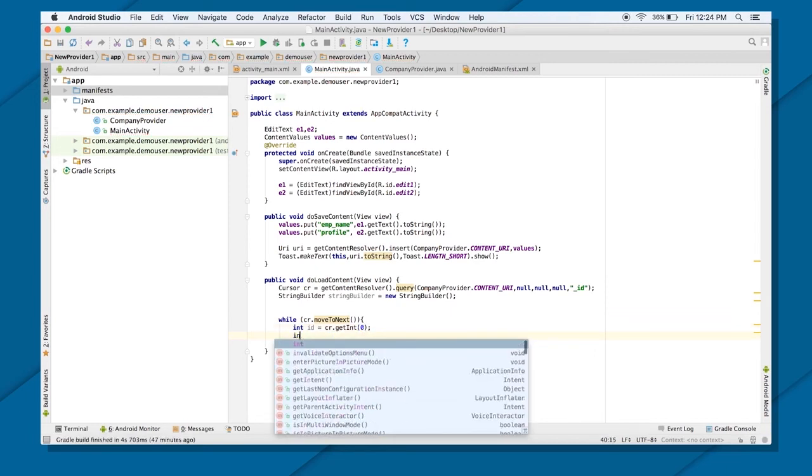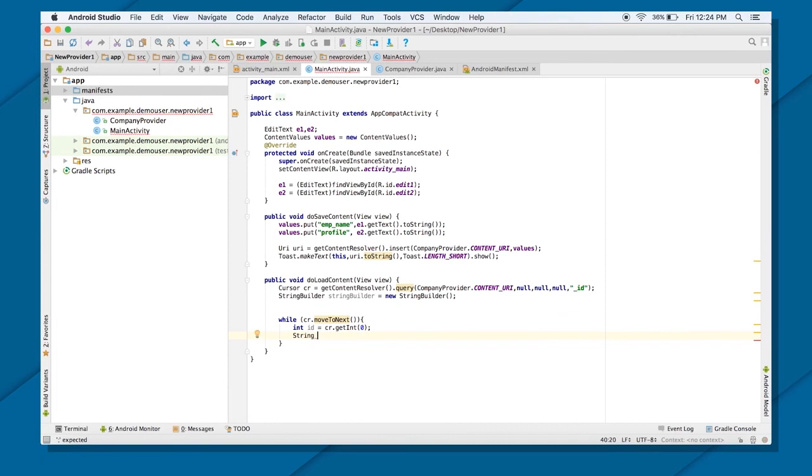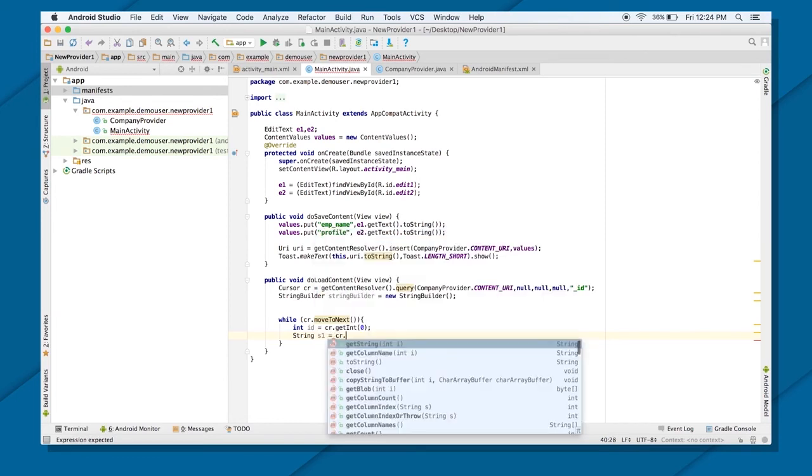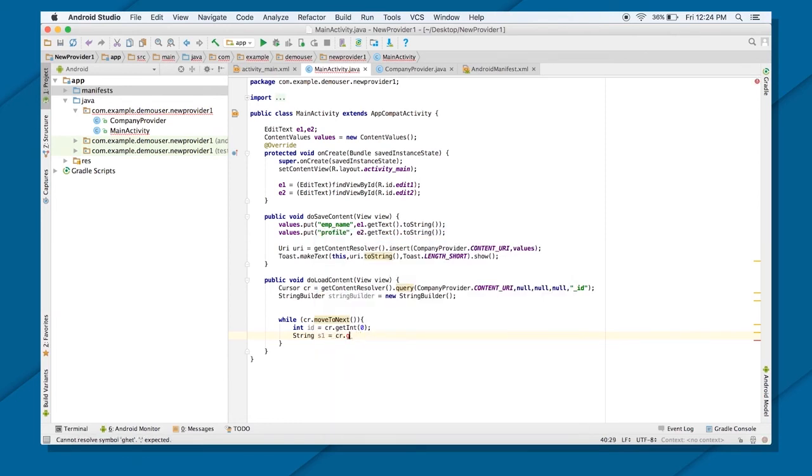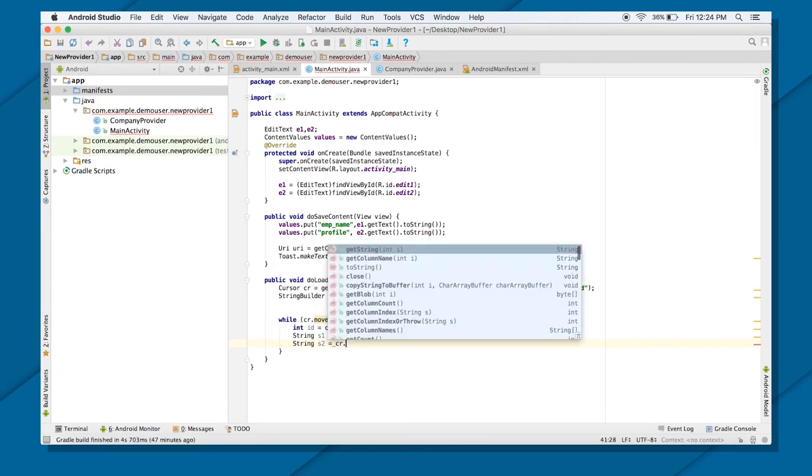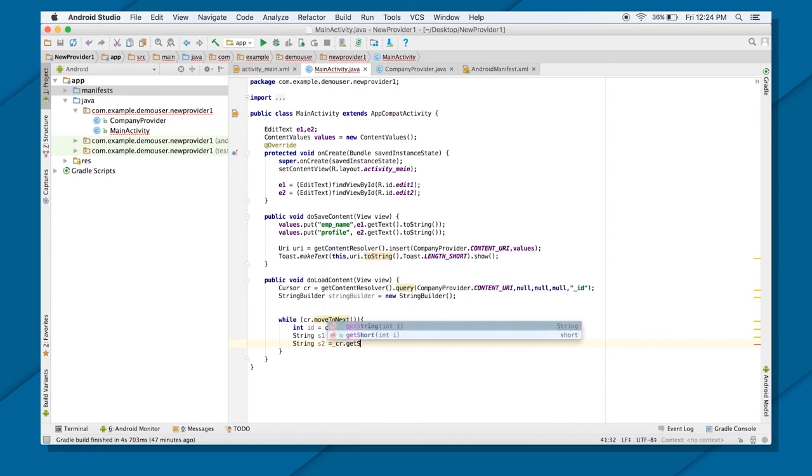Then next is your string, let's say s1, cr dot getString at first position. Next string s2, cr dot getString 3, oh sorry, 2.